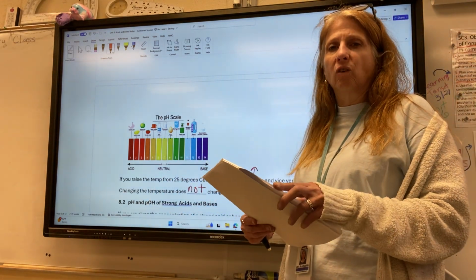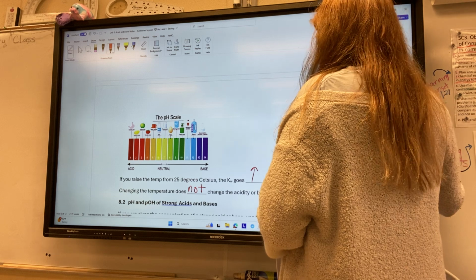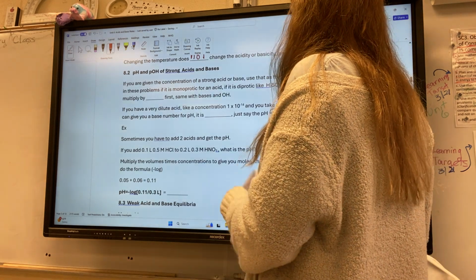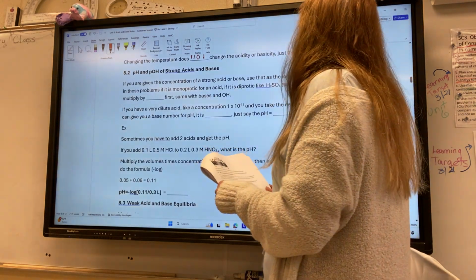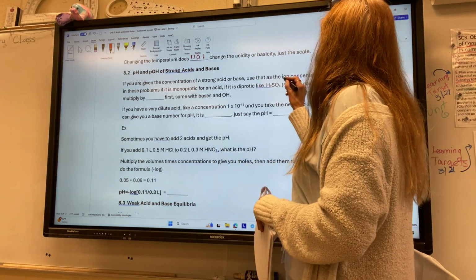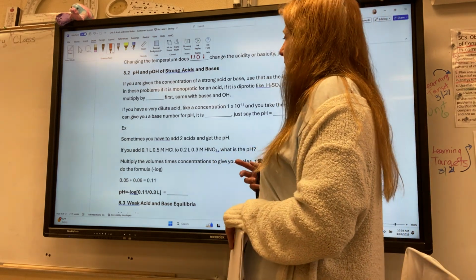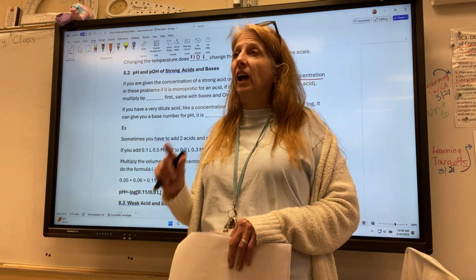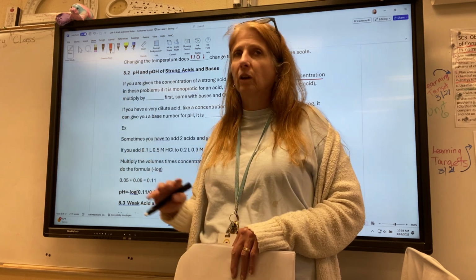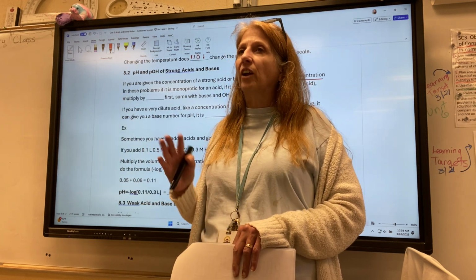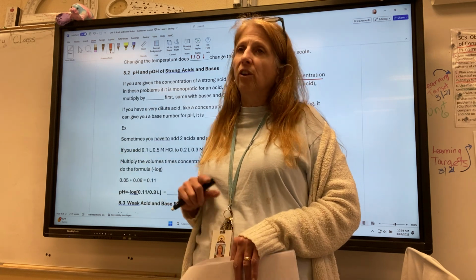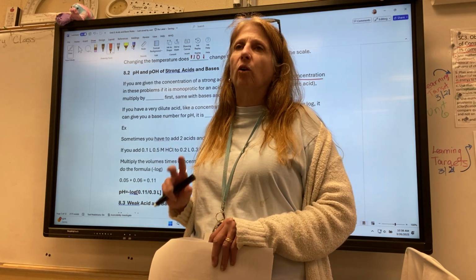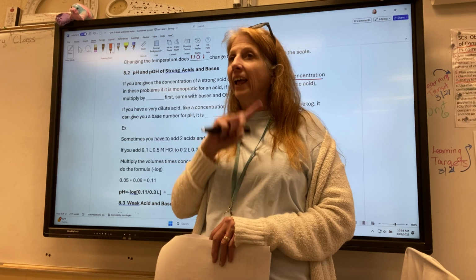Okay, 8.2. Look, we're just rocketing along. 8.2: pH and pOH of strong acids and bases. If you are given the concentration of a strong acid or base, you're going to use that as your ion concentration. Let me explain what I'm saying. Say that instead of telling you the hydrogen ion concentration is 42, they say instead the concentration of hydrochloric acid is 42. You just use 42. The concentration of the acid is the concentration of the ion, or the base is the concentration of the ion, unless